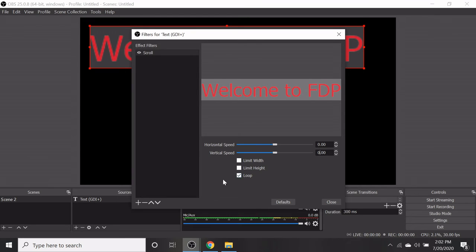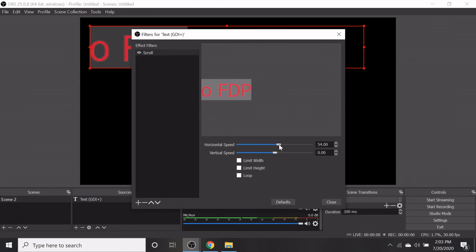Here the loop button is very important. If you disable the loop button and I apply the horizontal speed, then after scrolling the text, it won't appear again. So better you just enable the loop button, then the text will scroll horizontally.